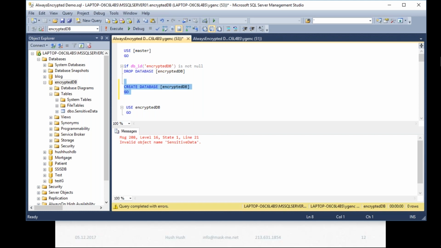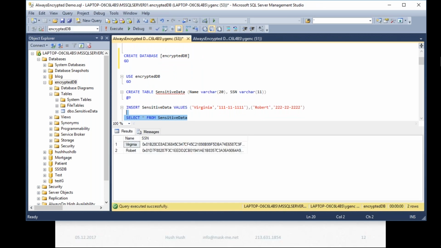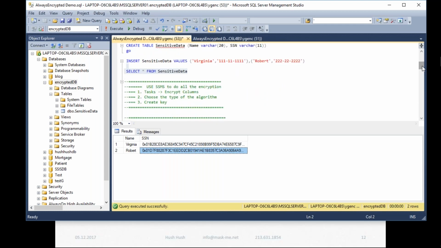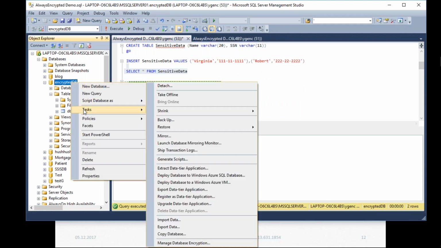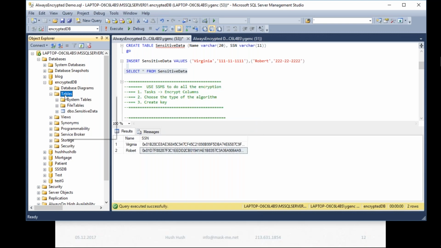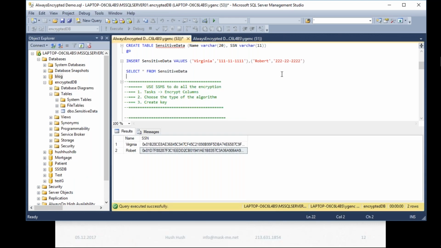So if I am not in a master database, and I look at the sensitive data, okay, I have those things encrypted. If anybody sees encrypted columns, tell me because I don't see them. And you should be able to see that. And it's on a database layer. One more time, or maybe on a different database, you'll see them. I don't see them either. So something happened to my